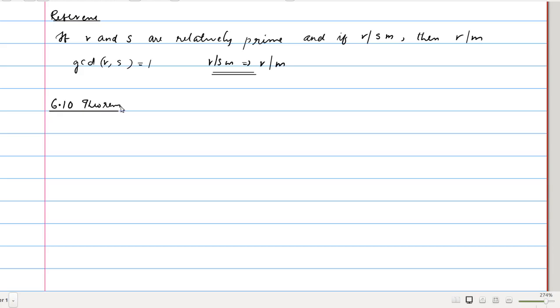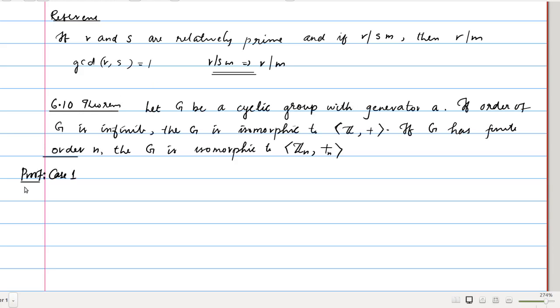That means, what are the structures of a cyclic group, whether it is finite or infinite. This is the structure of cyclic groups. Let G be a group with a generator a. If the order of G is infinite, that is G has infinitely many elements, then G is isomorphic to Z under addition. If G has finite order n, then G is isomorphic to Zn. So this is the classification of cyclic groups. There are two types of cyclic groups. One is the infinite cyclic group, which is isomorphic to Z as groups, so any cyclic group with infinitely many elements is the same as Z.